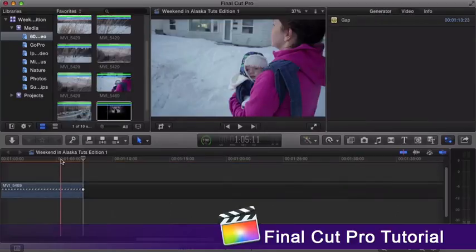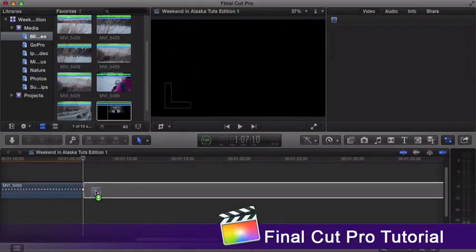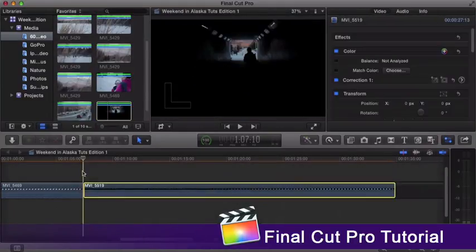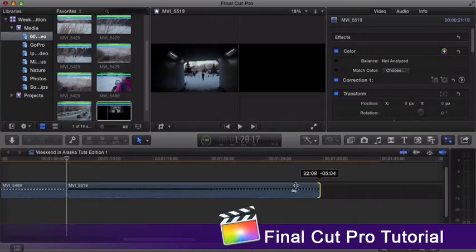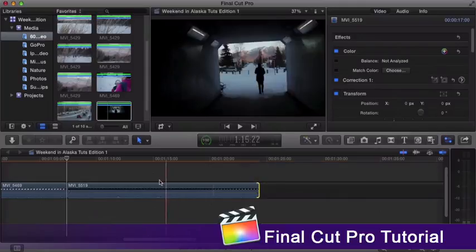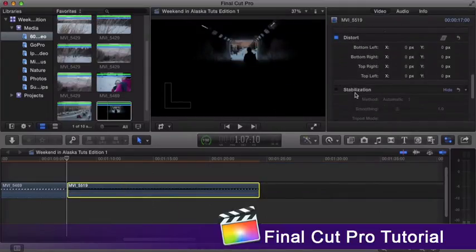Let me show you another time where the stabilization filter doesn't work at its best. I'm going to import this whole clip here into the project. And let's trim it down a little bit. It's still a fairly long clip. So now when we go into the stabilization effect,